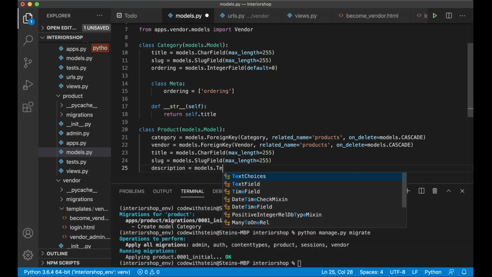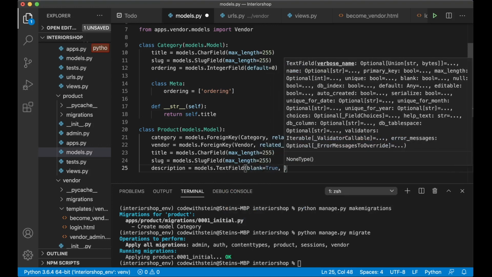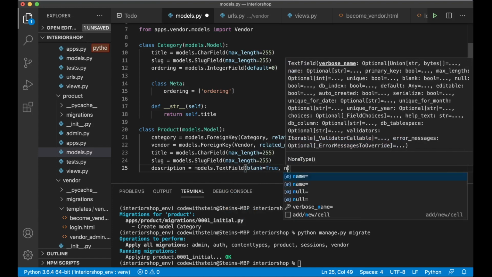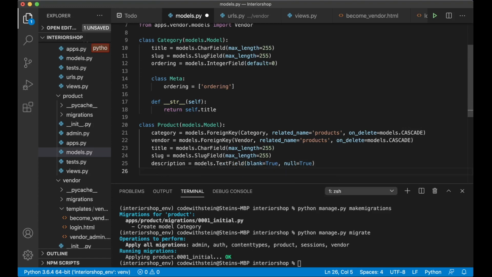equals models.TextField. This can be blank if the user doesn't want to fill it out. So blank equals True and null equals True. This is the correct way to make this possible. And we want the price field. So price equals